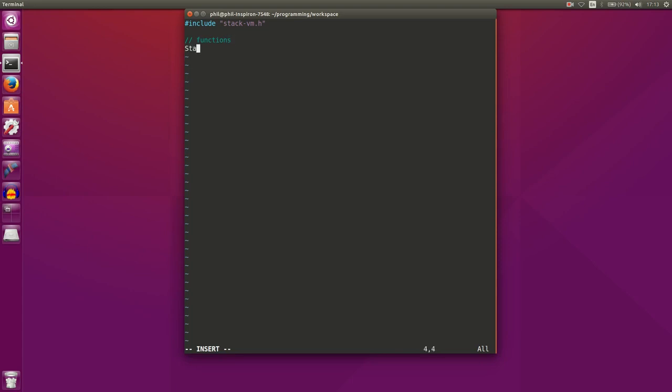Let's go ahead and implement our constructor, and all it will do is reserve some memory for us. And we're going to go ahead and reserve 1,000,000 words of memory. We may use more in the future, but for right now that's pretty good. Then what we're going to do is